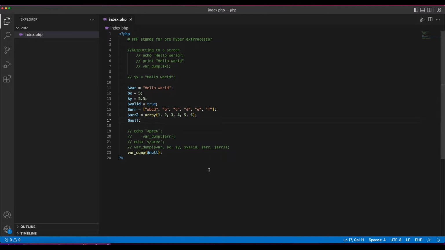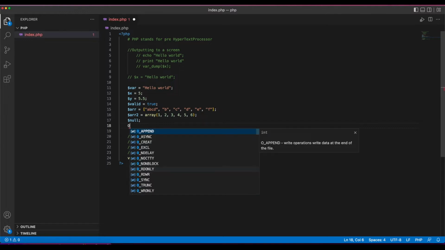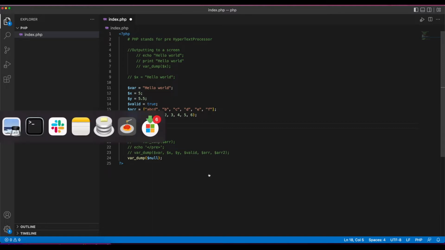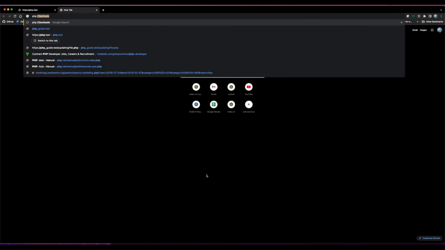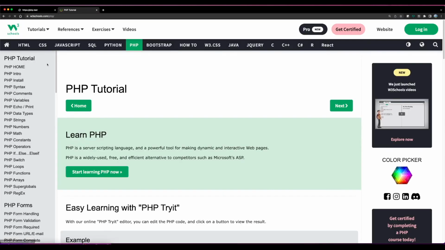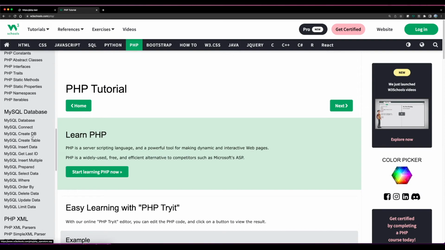And the last one is object. So an object is basically an instance of a class, and a class is a template for an object. So to explain this further, I'm actually going to go to W3 Schools, because I think they have a good explanation on this. If I scroll down to